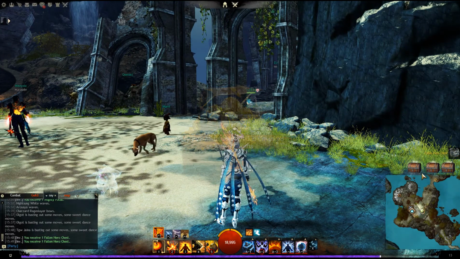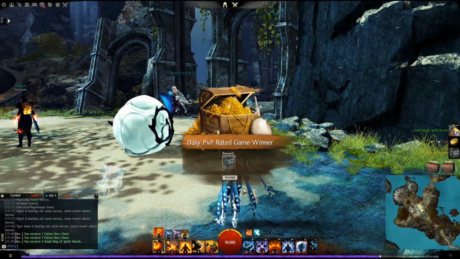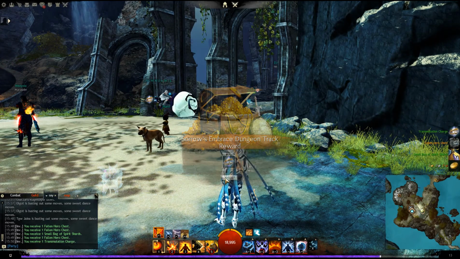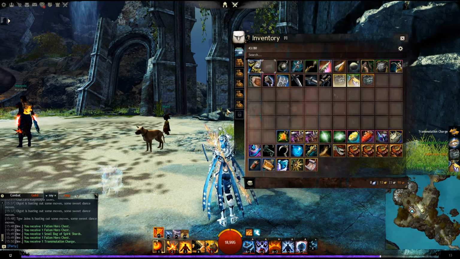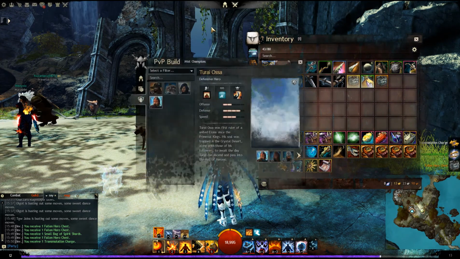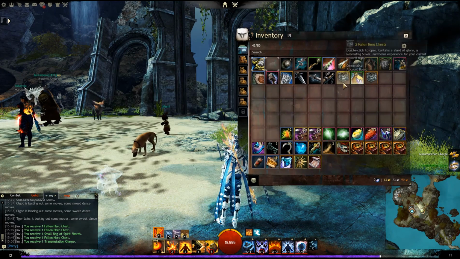So I completed a couple of dailies. So there we go, daily completionist. I completed 3 dailies in one match. Look at that, that's beautiful right there. Transmutation charge, and that was actually for completing a dungeon track. And let's have a look. Where is it? Can't remember. Anyway,